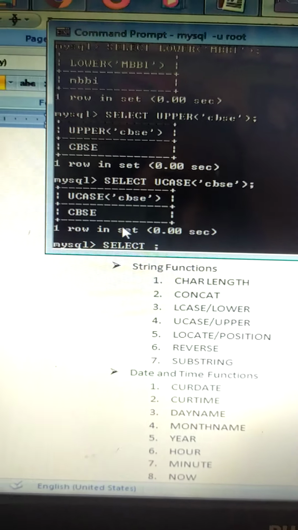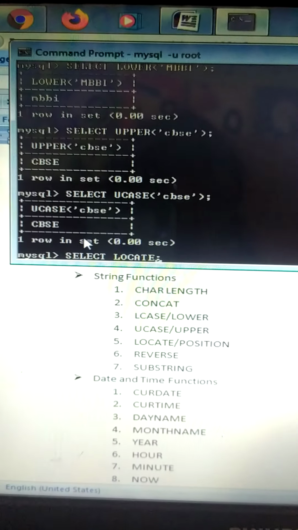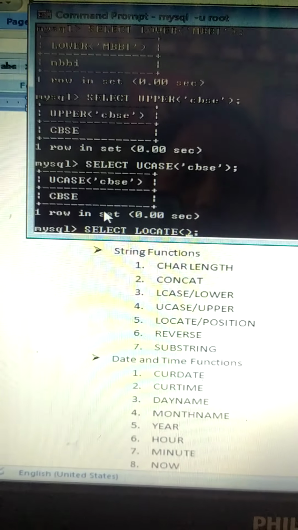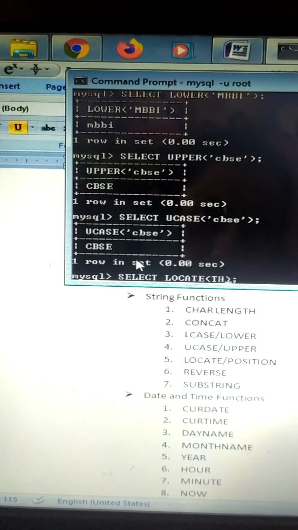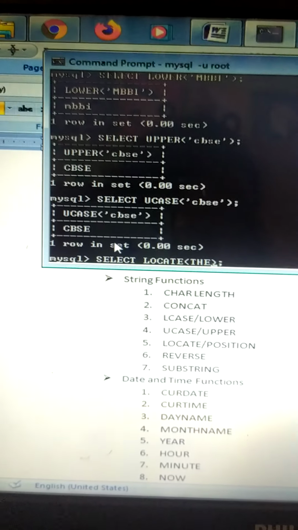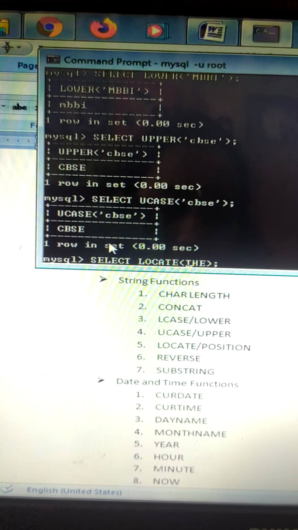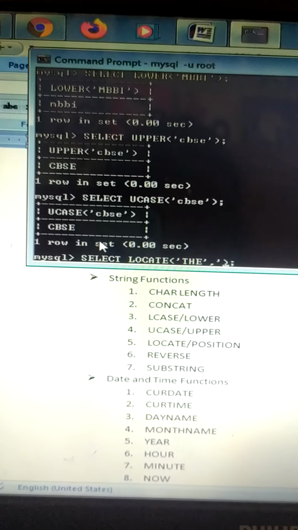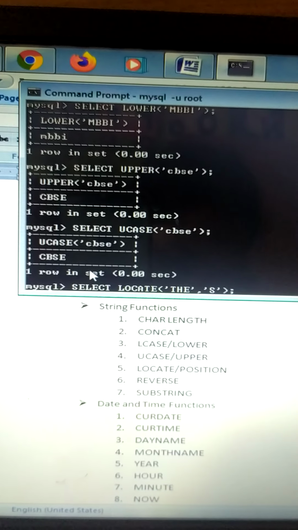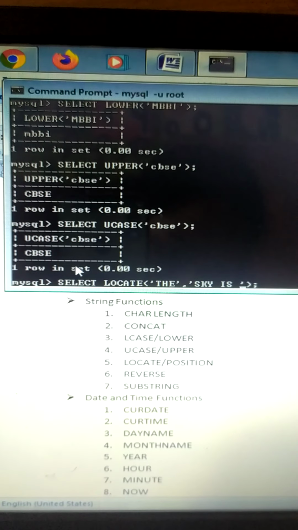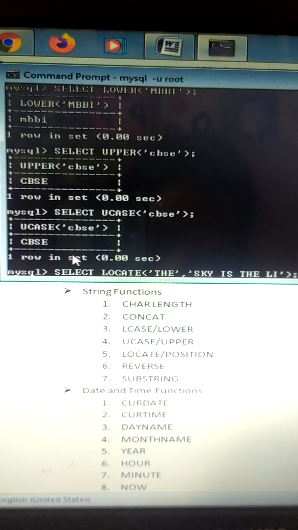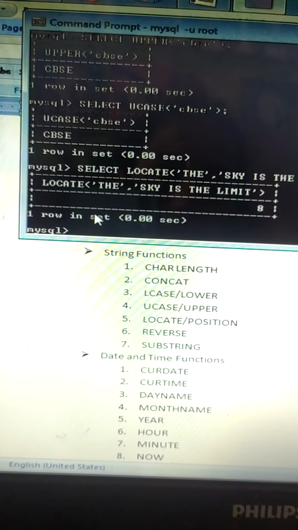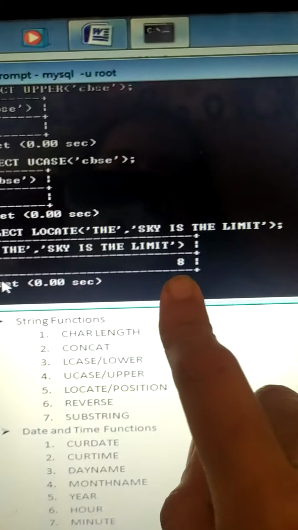Select locate, we have to locate the, and then it is a string, so it will be in single inverted commas: sky is the limit. It has returned 8. Now what does this 8 mean?